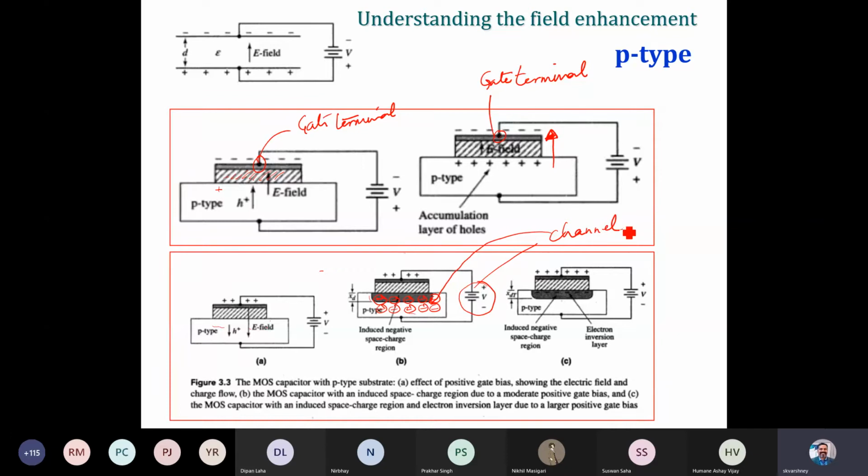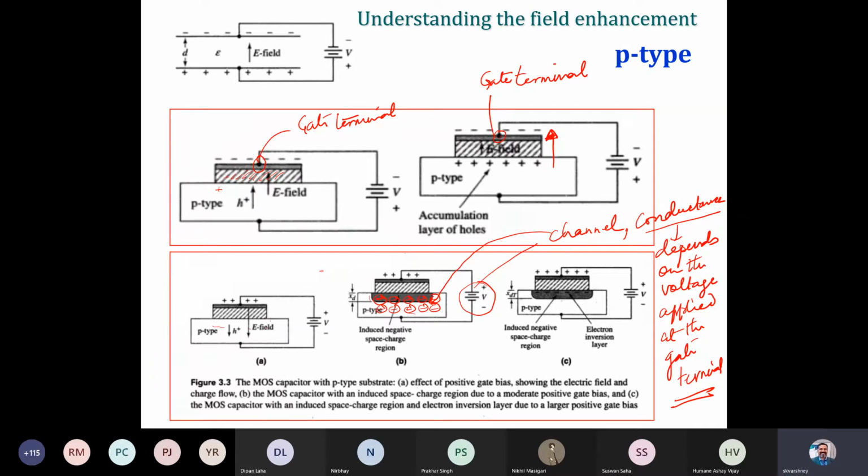It means the conductance of the channel depends on the magnitude of the voltage applied at the gate terminal, right? Of course, it has a certain depth. And further, since it is p type, it has free electrons, which are minority charge carriers.